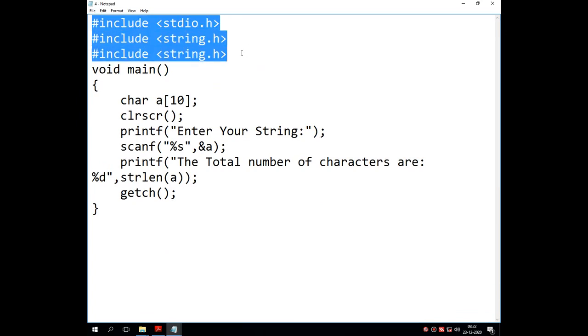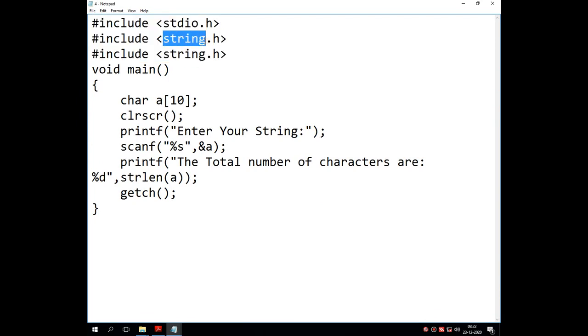First I have to write the necessary library headers like stdio.h, then conio.h, then string.h, because strlen is a pure string handling function, that's why I need to include the string.h library in the program.